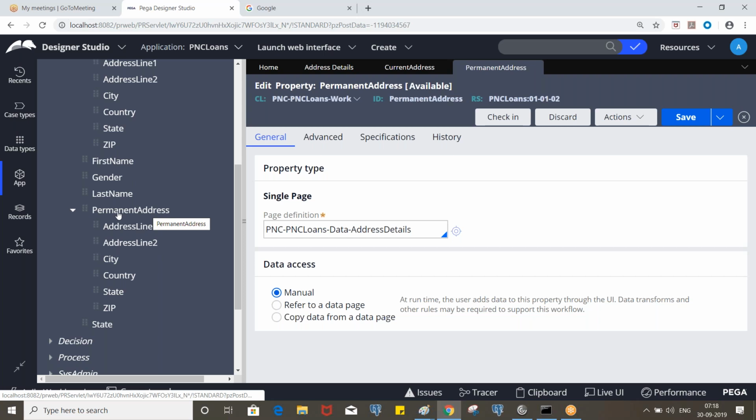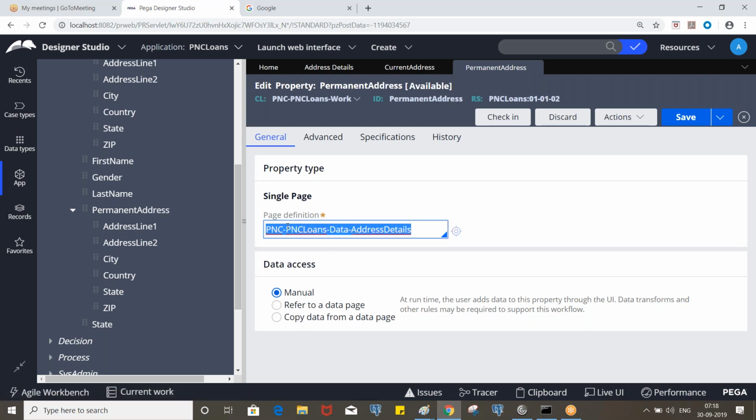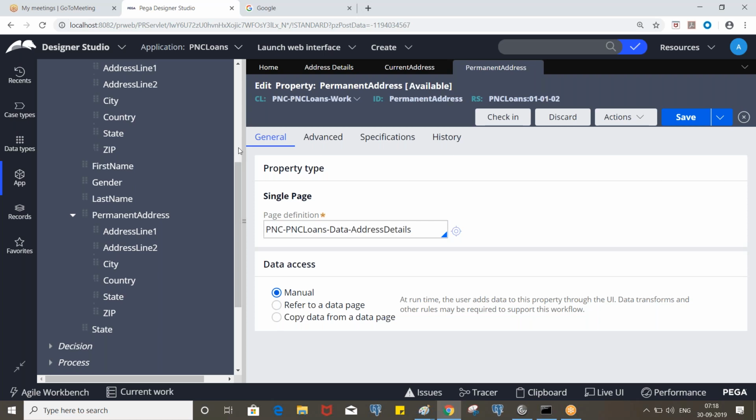We created this page by referring to this class. Correct? We created permanent address and current address by referring to this data class. So now we'll be able to access all these properties by referring to this page. Okay. Clear? Online guys.